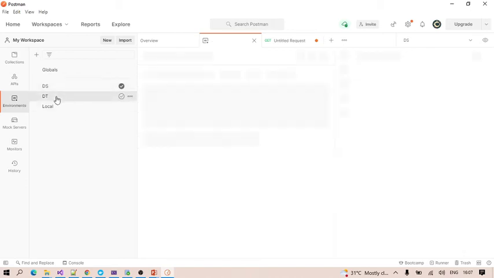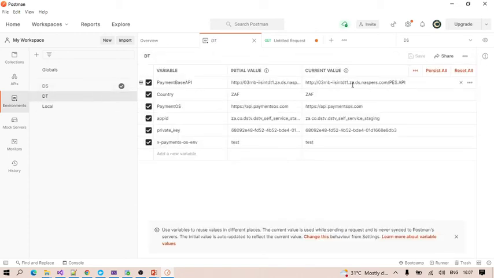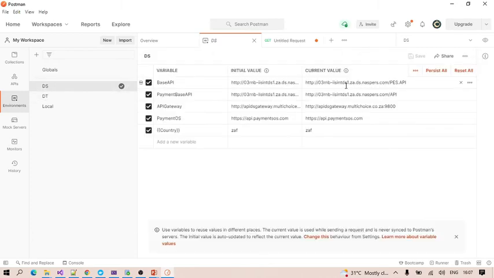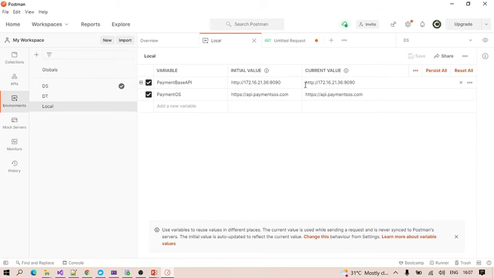If you see this URL, jd.ds, it's a DS URL. If you go to DT, it's DS1, DS1.jd. If you go to DT, DT1. If you go to local, the URL has changed.